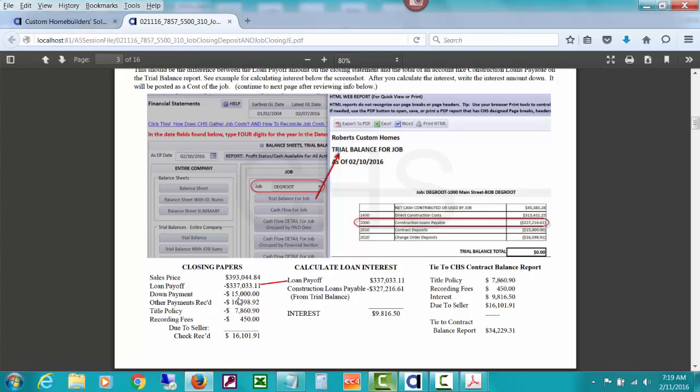They've also said minus $15,000 for a down payment, which totally agrees to our contract deposits of $15,000 and was on our list of revenues in that contract balance report. Other payments received $16,598, which we posted to change order deposits, account number 2020, as we received some payments from the buyers for change orders. So since the change order prices are included in what we're calling our sales price, the title company needed to deduct those from it. Then they take away a title policy and they take away recording fees. And they come down to giving us a check for